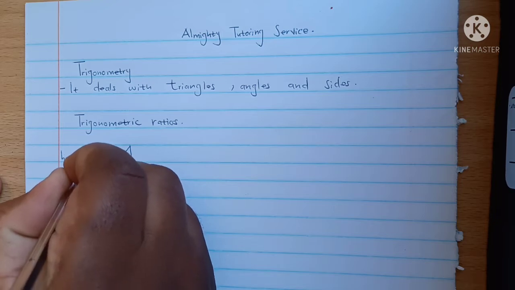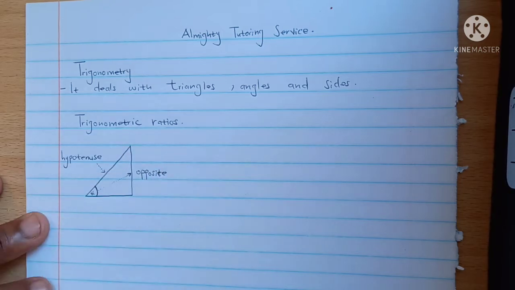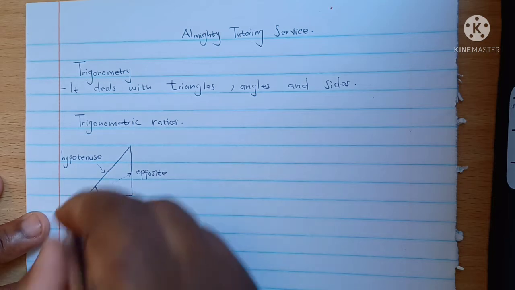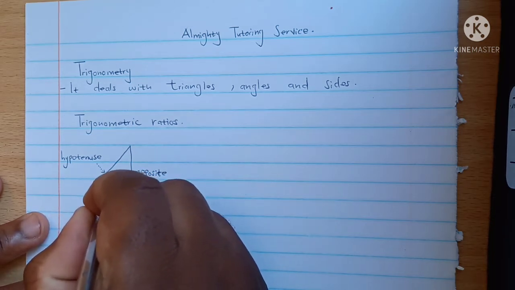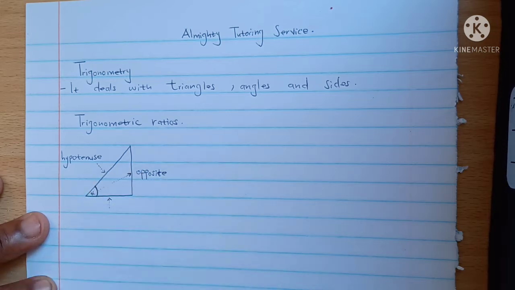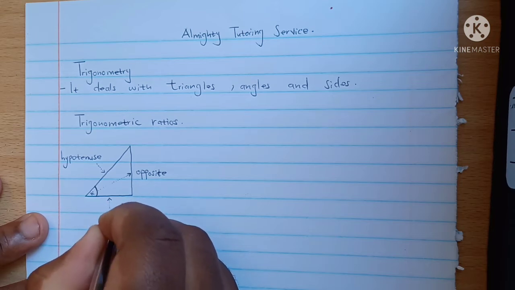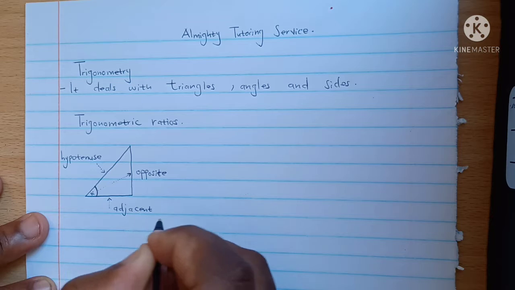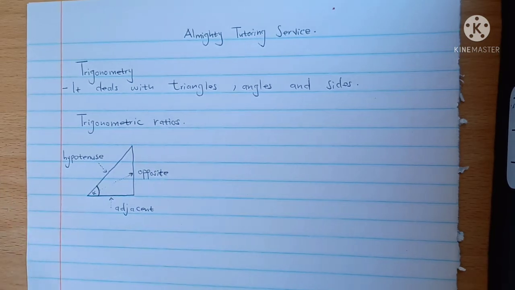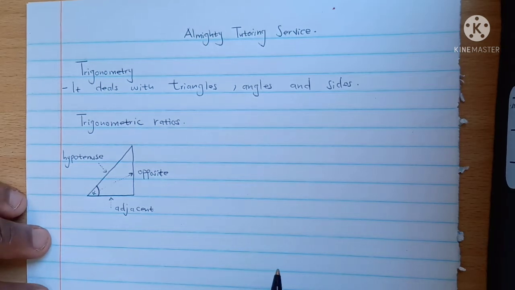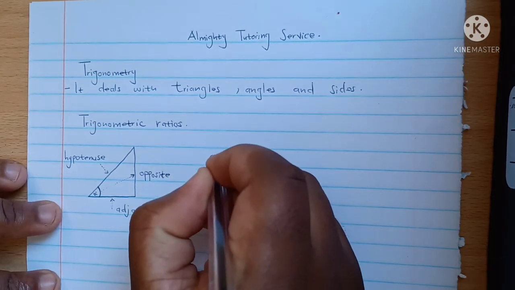The hypotenuse. I hope my spelling is right. Then the side that's just below the angle, we call that side the adjacent, guys. We call it the adjacent. These are the three sides that we know, right? So we have what we call sine,